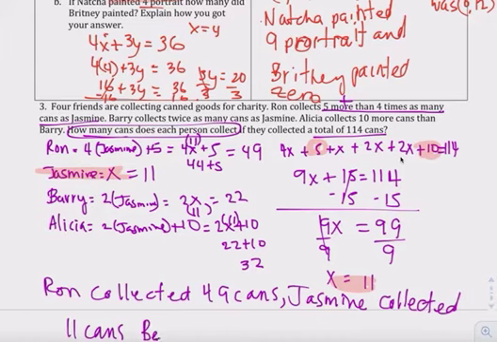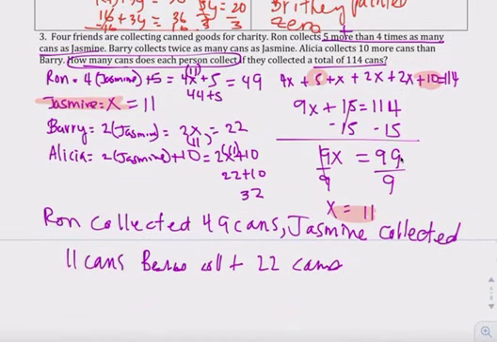Barry collected 22 cans. And Alyssa collected